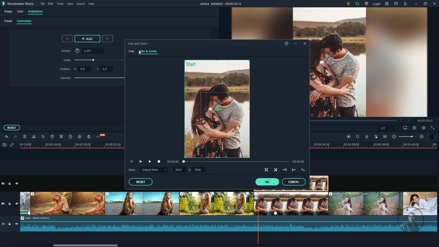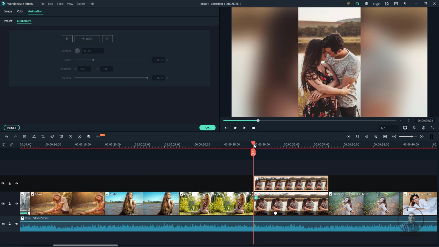Now here I am going to use this pan and zoom here. Then again select this aspect ratio, but for this picture I am going to use 9:16, because here I have already created this background with the help of this same picture. So I only want to animate this picture. So that's why here I have selected 9:16. Now simply we can define end and start frame. So you can see. Now just press OK here. So here you will get this animation here.